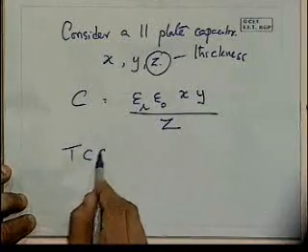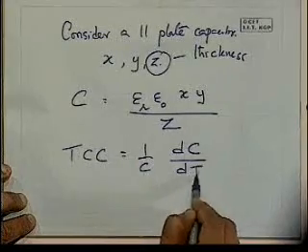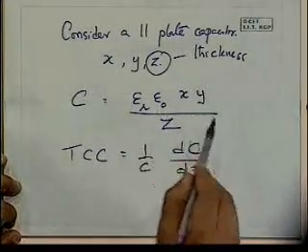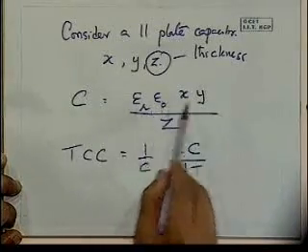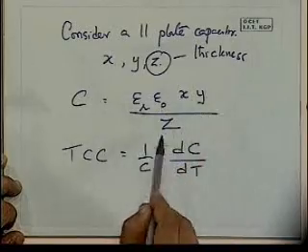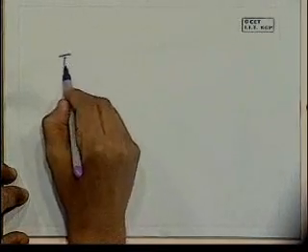And we want TCC, which is equal to 1 by C dC by dT. It's very easy for you to go through this. There are four terms that we can differentiate with respect to temperature: epsilon r, x, y, and z. So if we take the differential of all this, we will end up with something like this, that the TCC,